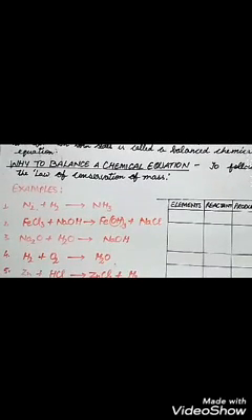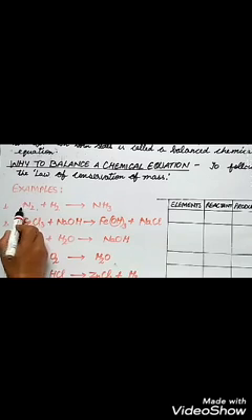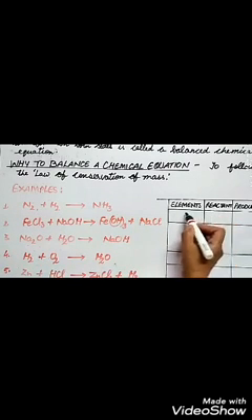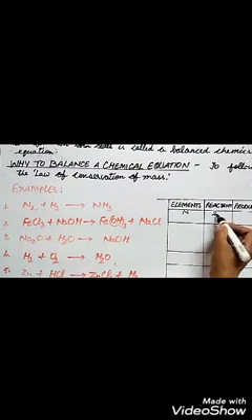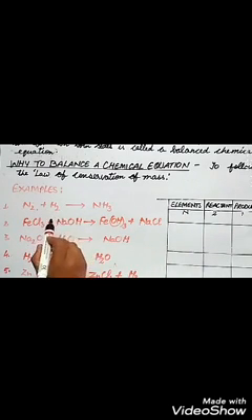First of all, we check whether our equations are balanced or not, and if they are not balanced, then we need to balance them. The first equation I have taken is N2 plus H2 gives NH3. I have made a table here to see the number of atoms on both sides. On the reactant side, you have nitrogen 2. So first write the element nitrogen. On the reactant side, nitrogen atoms are 2, and on the product side, only 1 nitrogen is there. It means it is not balanced.